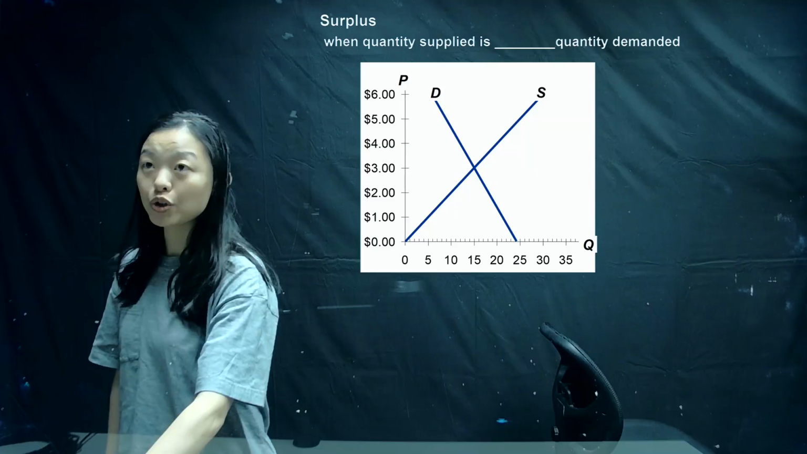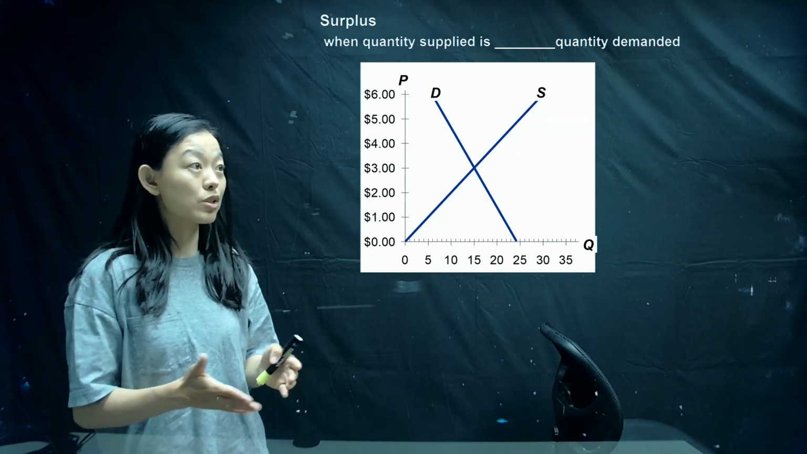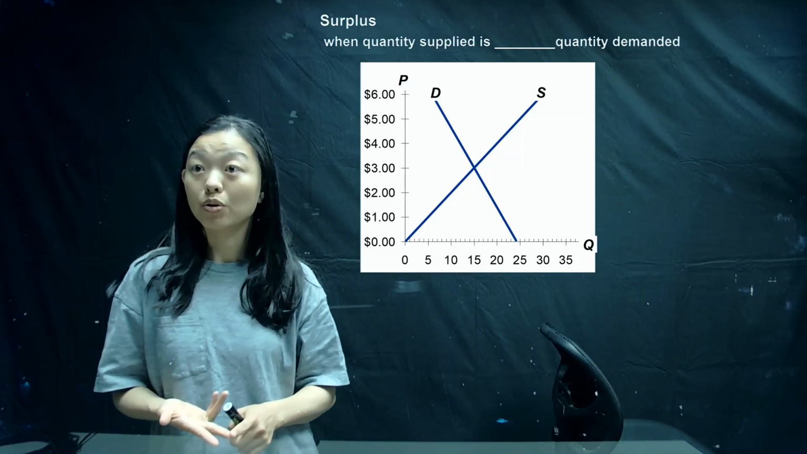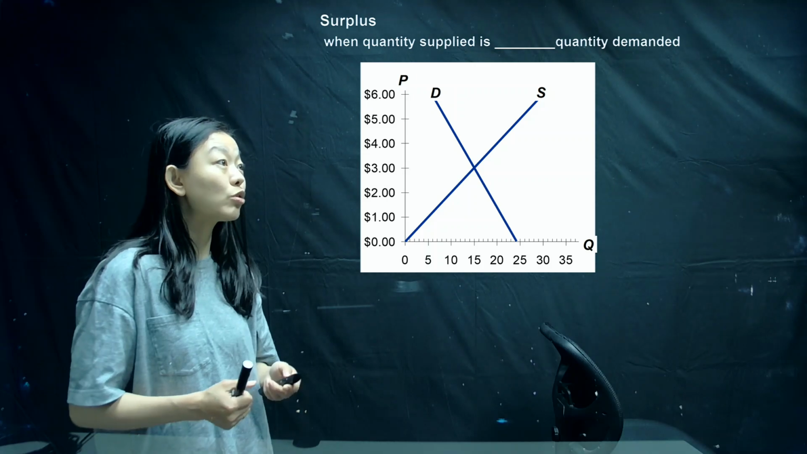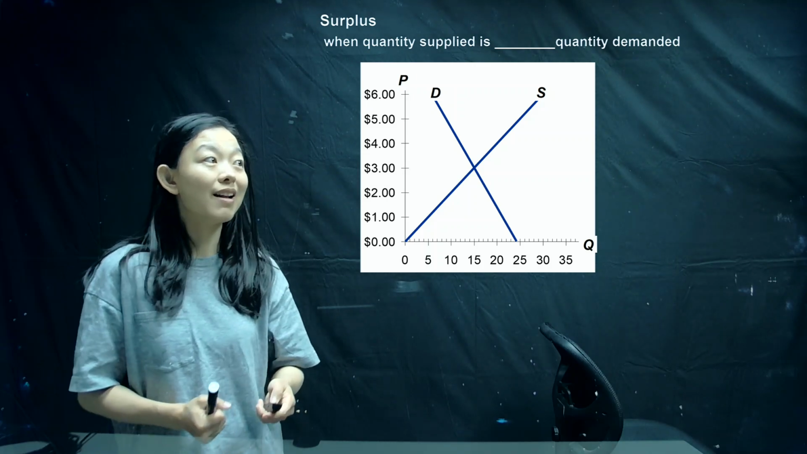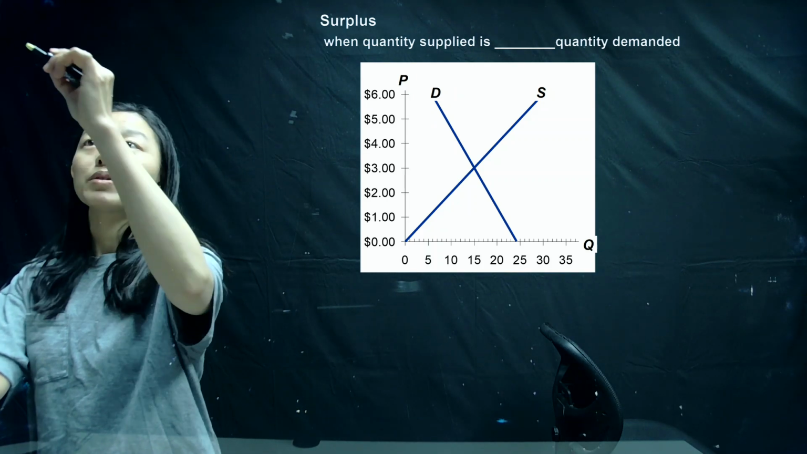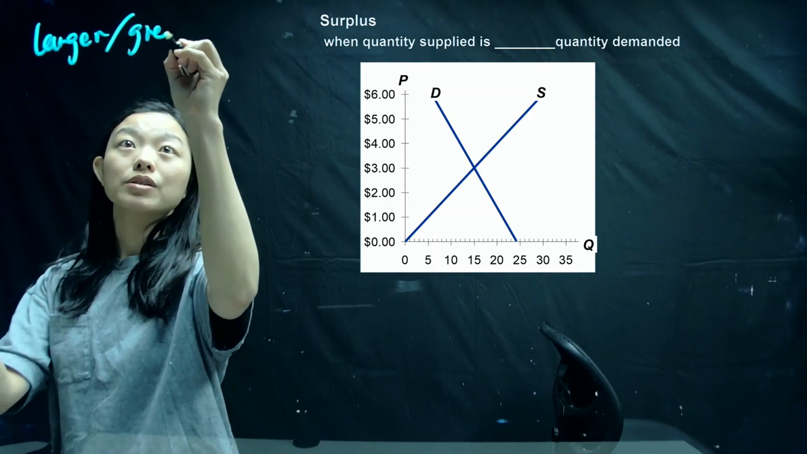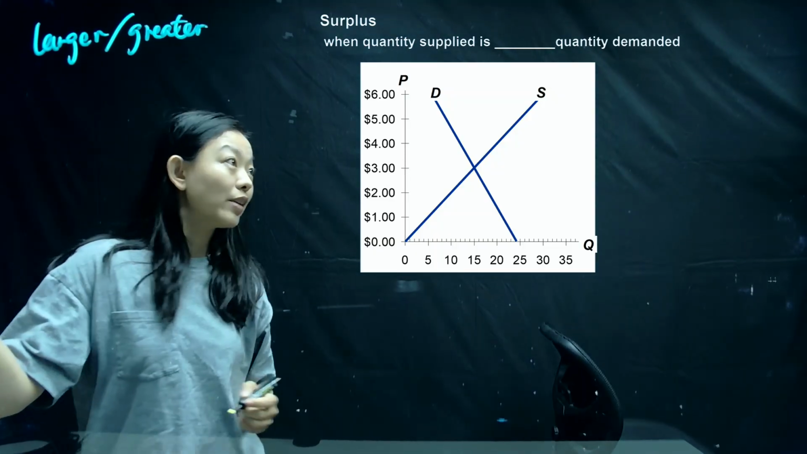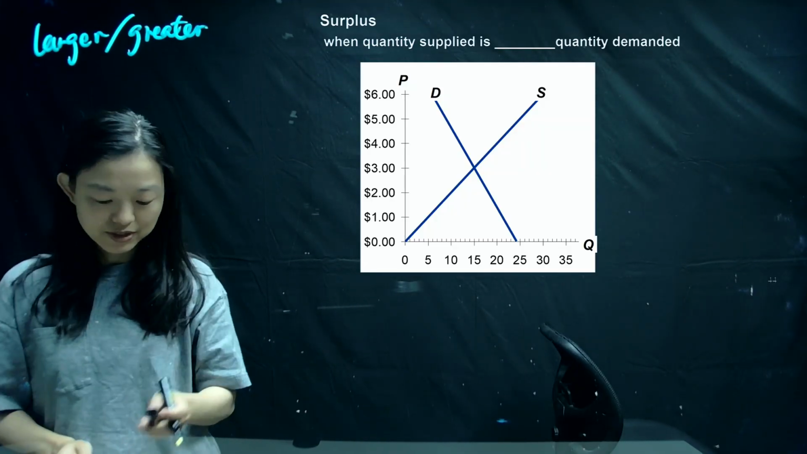Now let's look at two common economic situations. One is called surplus and the other is called shortage. For surplus, it means the quantity supplied is larger than the quantity demanded. Sometimes we say quantity supplied is greater than quantity demanded. In this graph, you can see